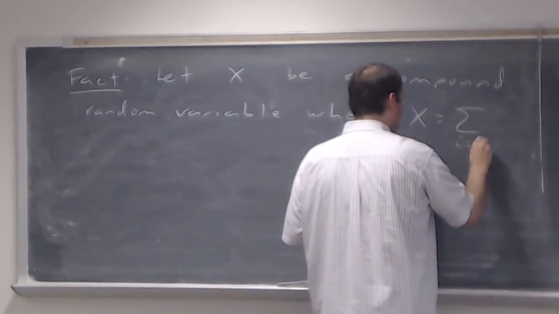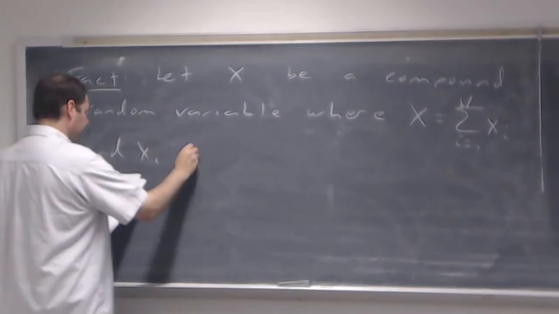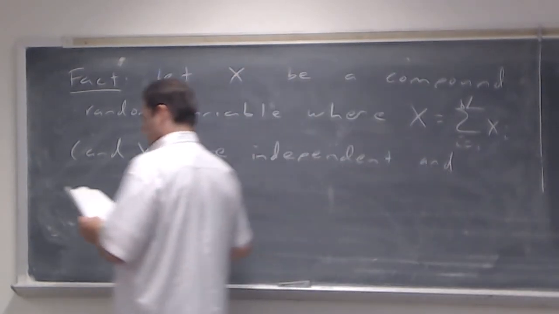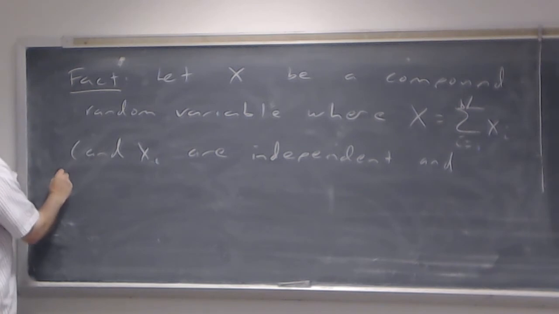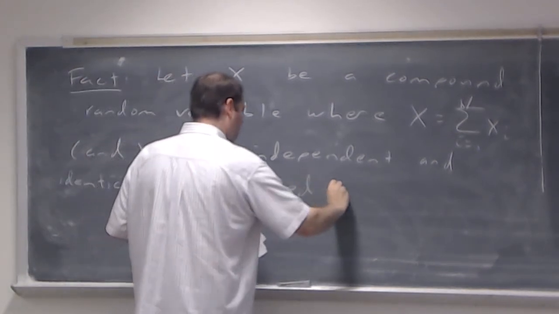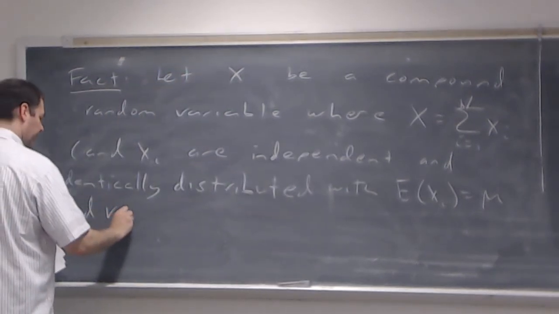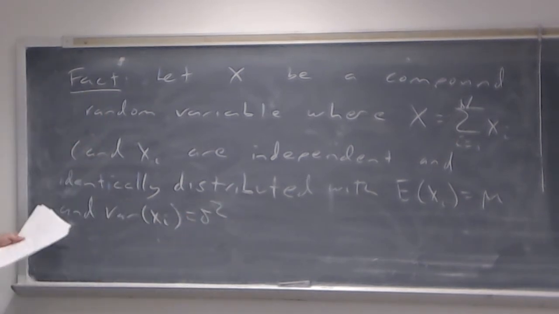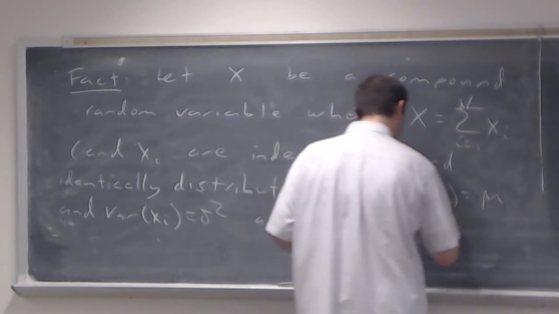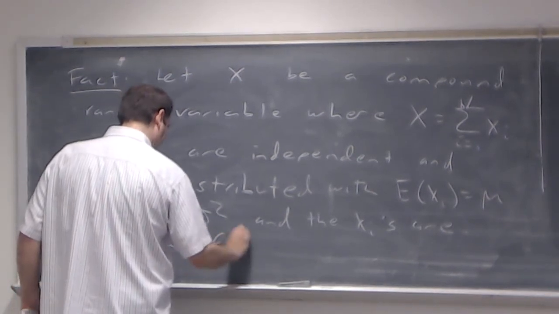x is equal to the sum, as i runs from 1 to big N, of x sub i, and thus, don't forget, the x sub i's are independent and identically distributed with the expected value of x sub i equal to mu, and the variance of x sub i being some finite number sigma squared, and the x sub i's are independent of N,